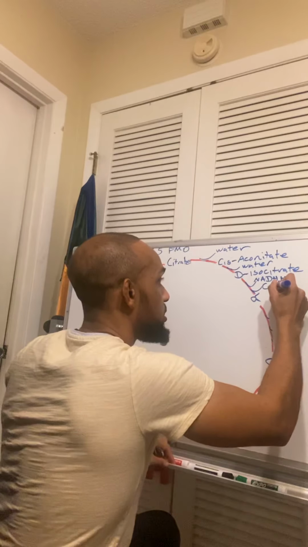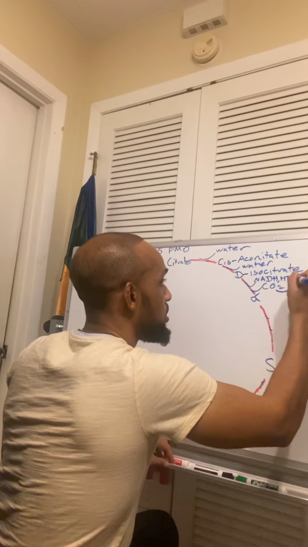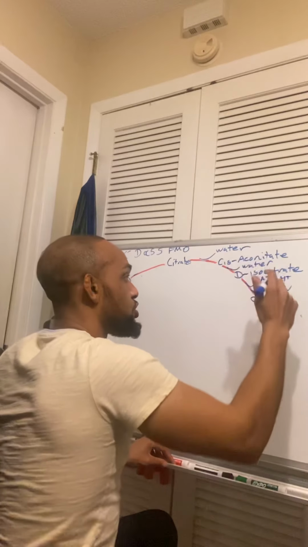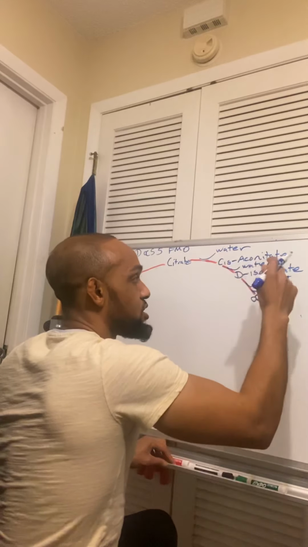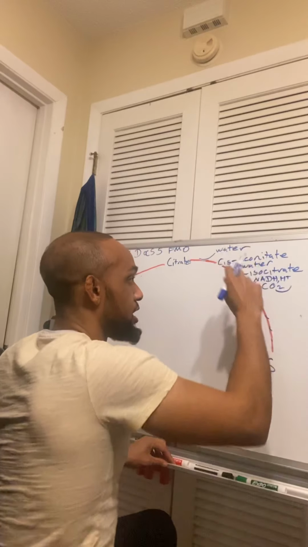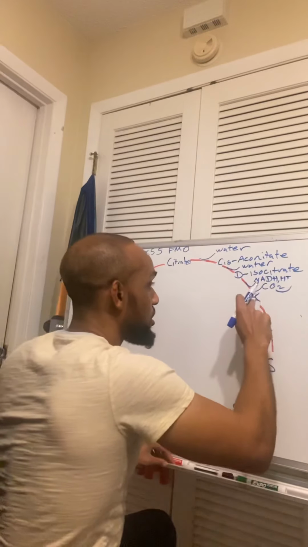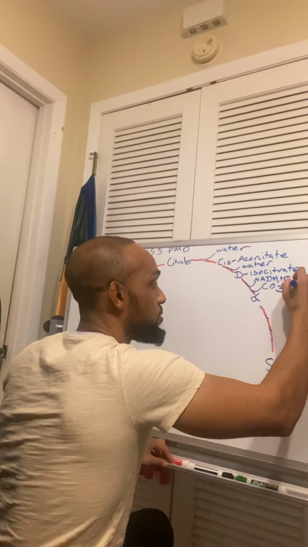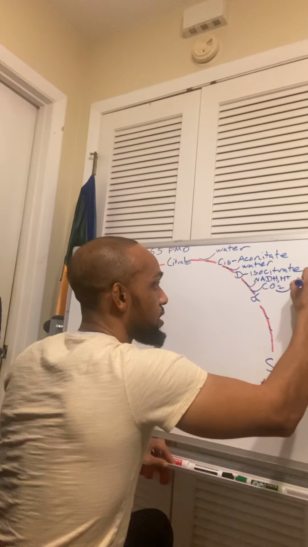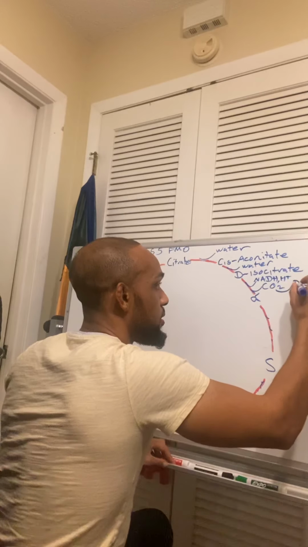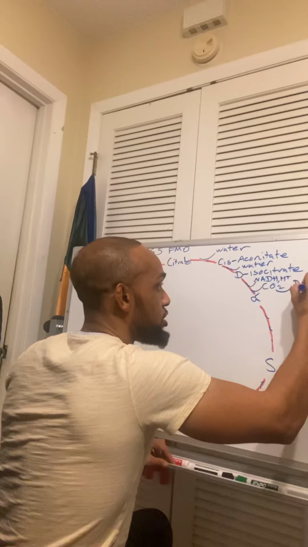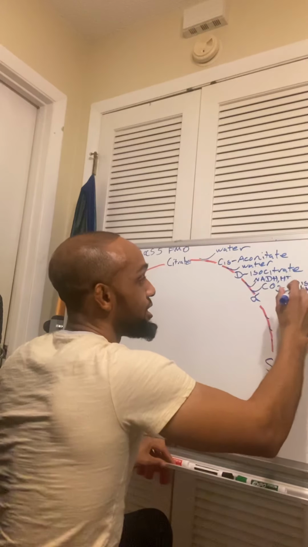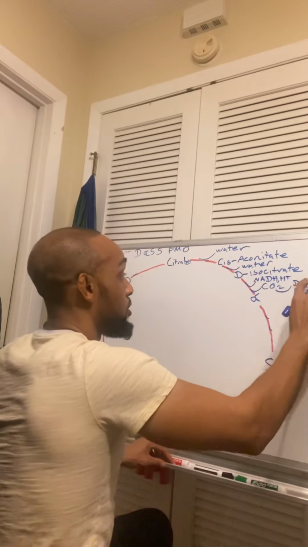And then from there, a dehydrogenase is going to act on this isocitrate, called isocitrate dehydrogenase. That's going to break it down, and then it's going to go off into our first alpha. I'm just going to write isocitrate